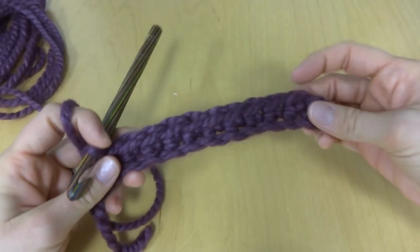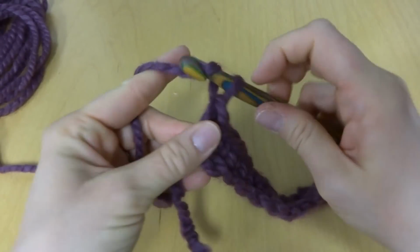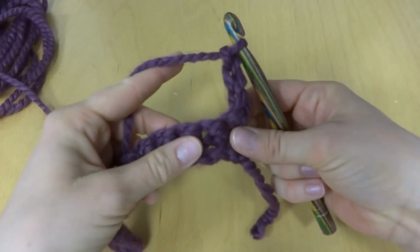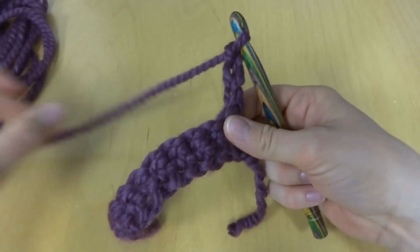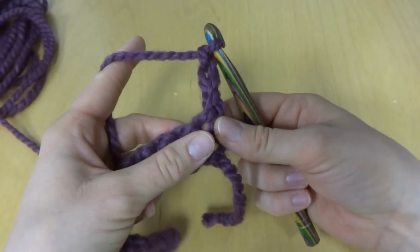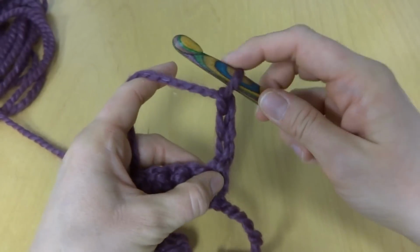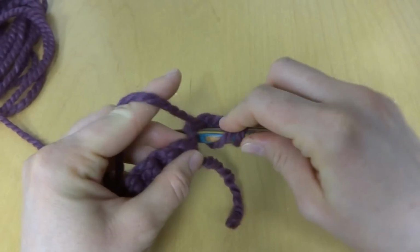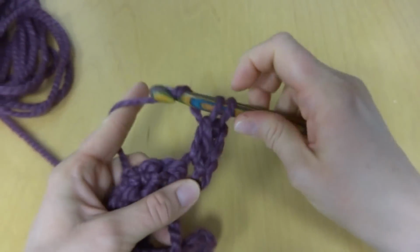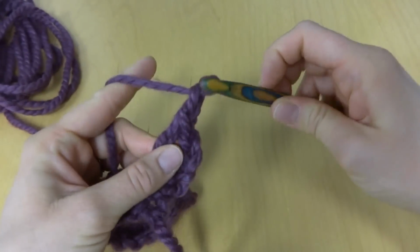This is our foundation row completed. To move on to row 1, we're going to chain 3, 1, 2, 3, and turn. Next, for this row, we'll work into the stitches versus the spaces. So we'll work our first stitch right here, and that is a double crochet into that stitch. To make a double crochet, wrap yarn around hook, insert your hook into the stitch, bring up a loop, yarn around hook, bring it through the first 2 loops, yarn around hook, bring it through the last 2 loops, double crochet. Next we'll chain 1